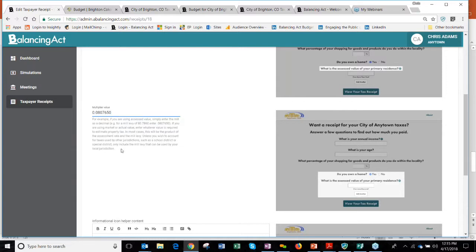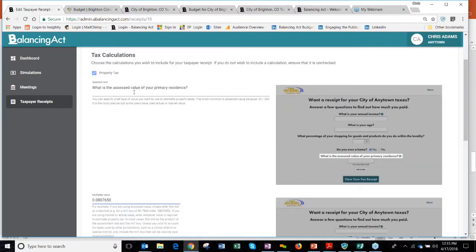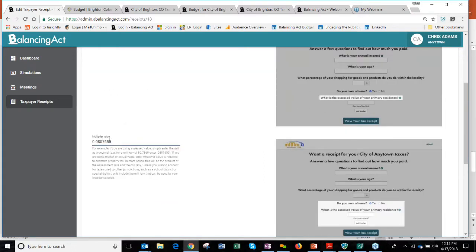And then what it'll do is take this value, the assessed value of the primary residence, multiply it times the mill value to get the amount of property tax paid. Now, if you were going to use market value or actual value, you would need to